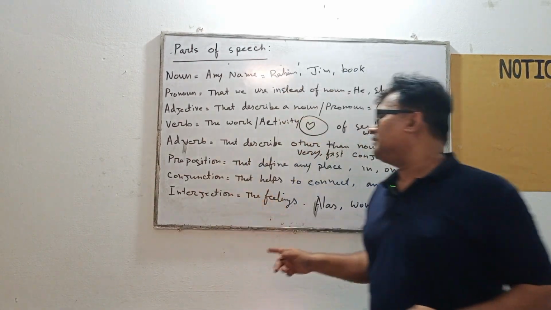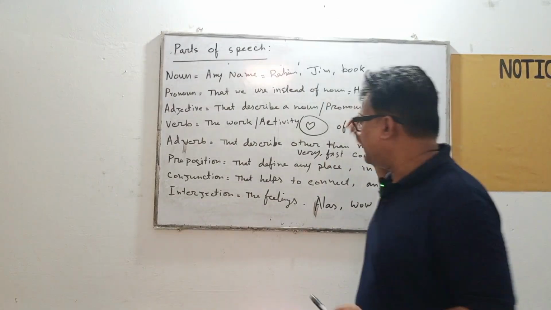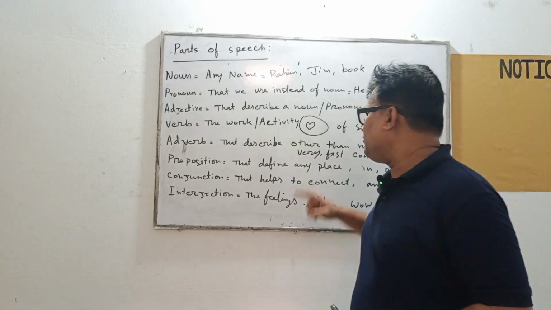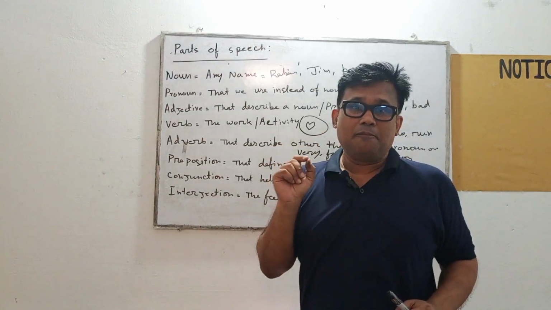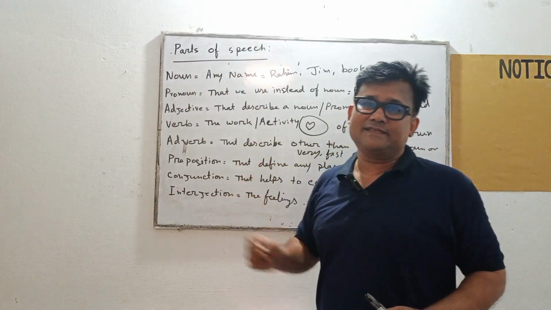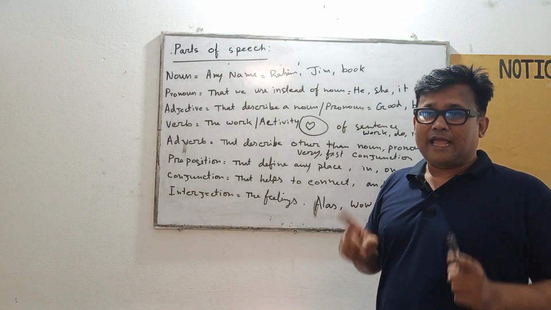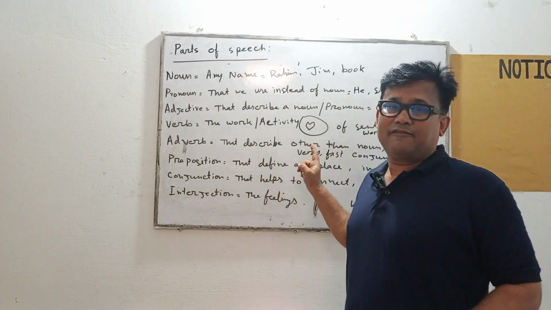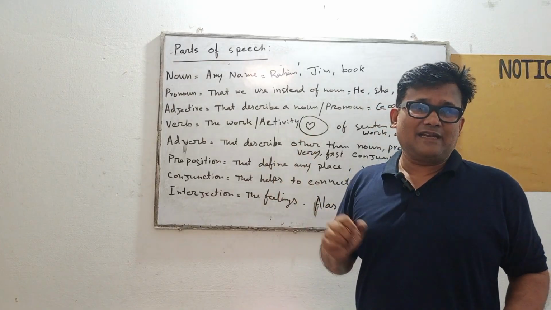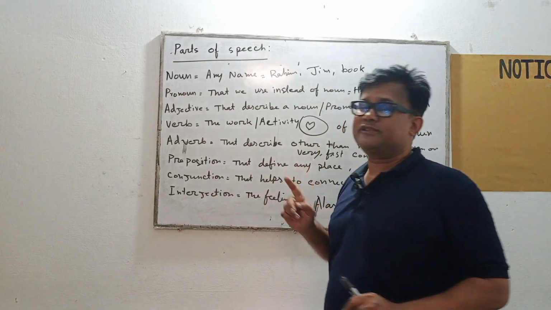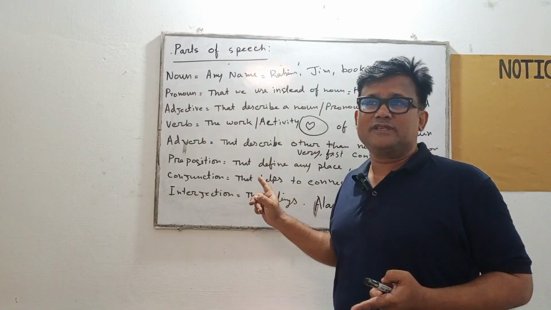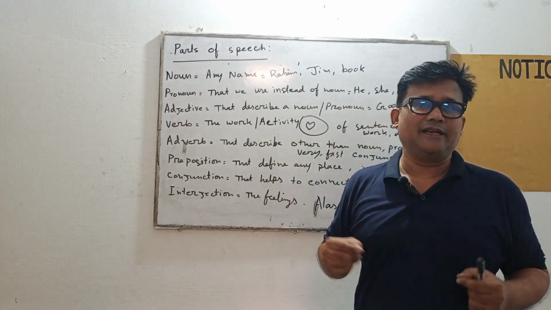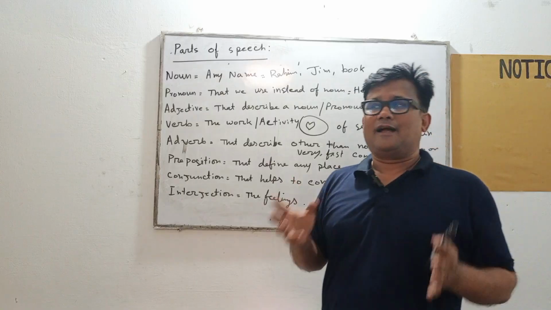So we have to learn all these parts of speech very accurately, particularly verb, because it is the life of a sentence. And if you make any mistake in using the verb, the sentence will become wrong. And as it is the life of a sentence, we will learn the verb first. So the next class will be taken on the verb, the uses of verb, how we can use verb in a sentence, and what the tense of the sentence will be, and everything. So viewers, until this,